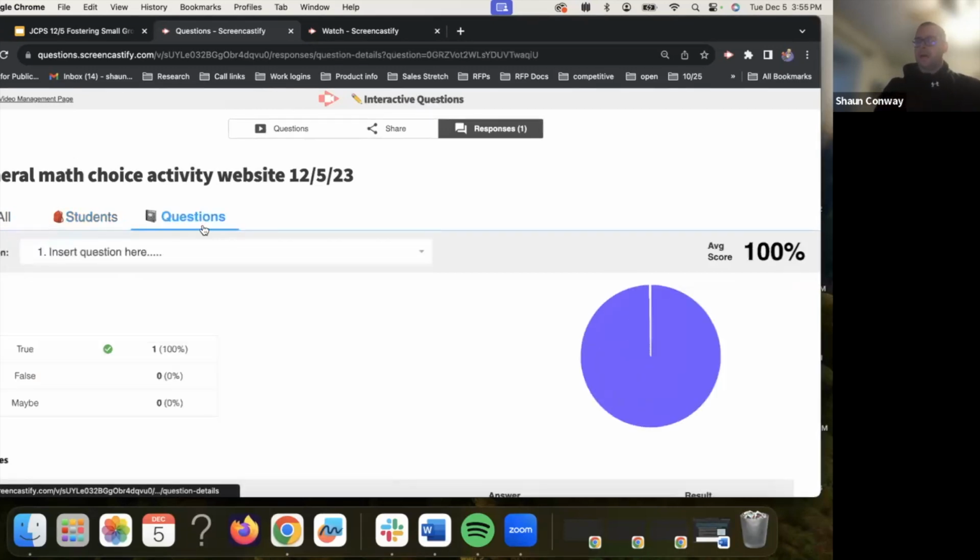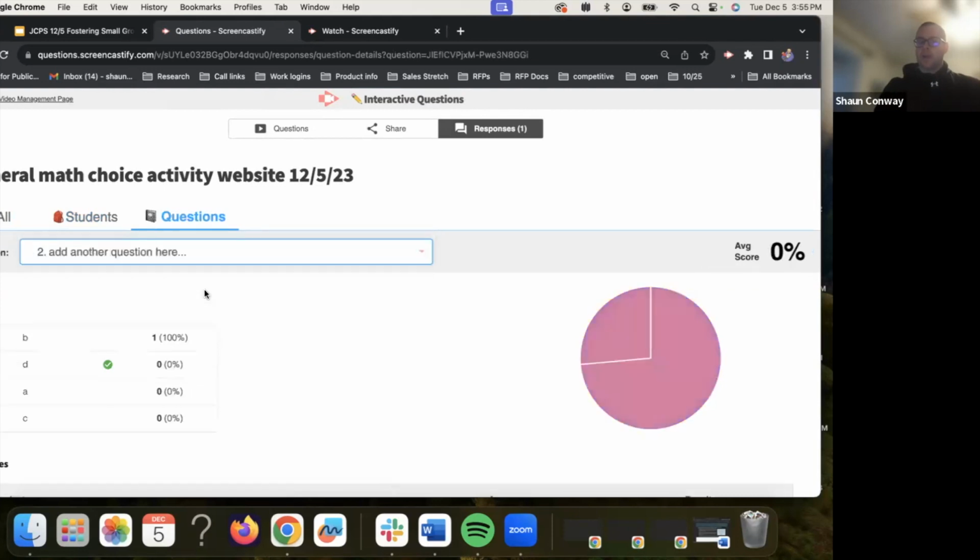Or if I want to have whole class chats, I can go question by question, and we can talk about overall performance of the class, which then again leads us to that small group piece, with being able to really redefine and regroup students based upon how they feel about certain things, or making sure that there's a distribution of students within those groups. So that was a lot in a short period of time.